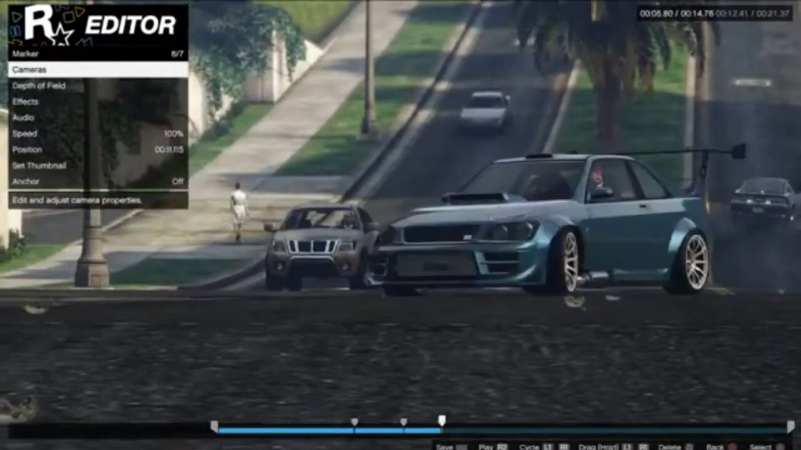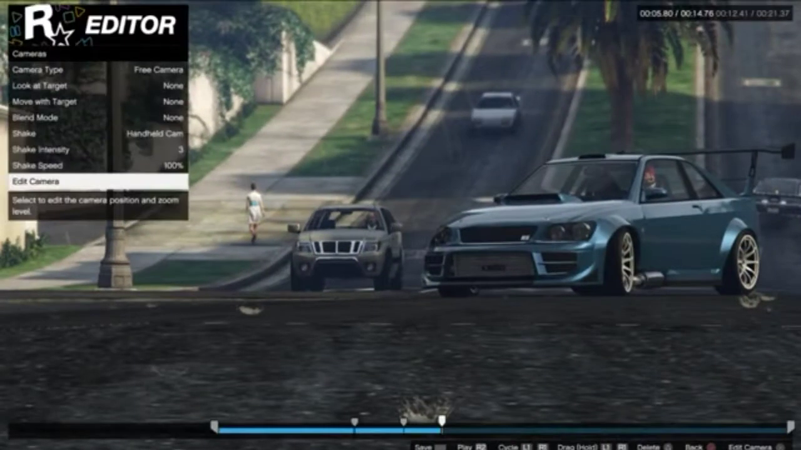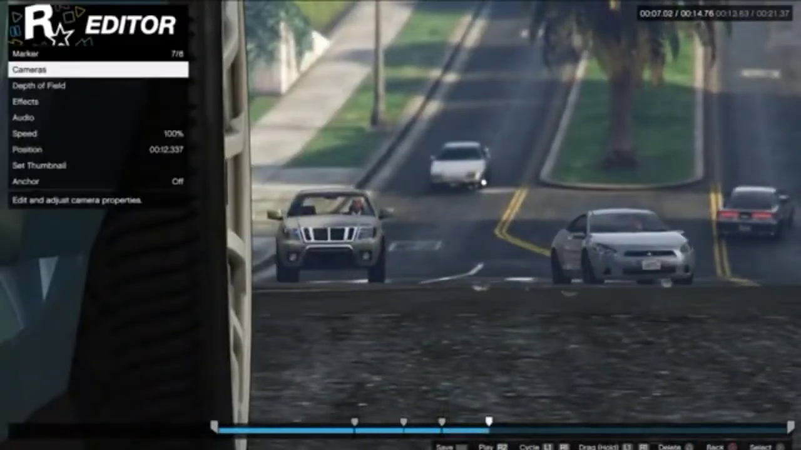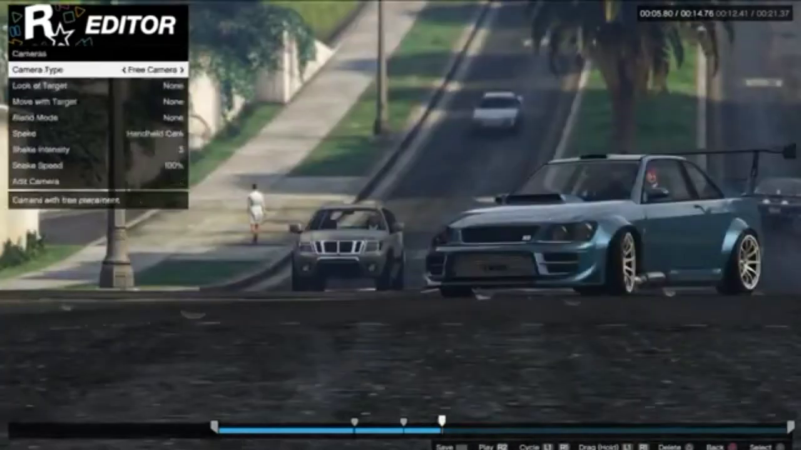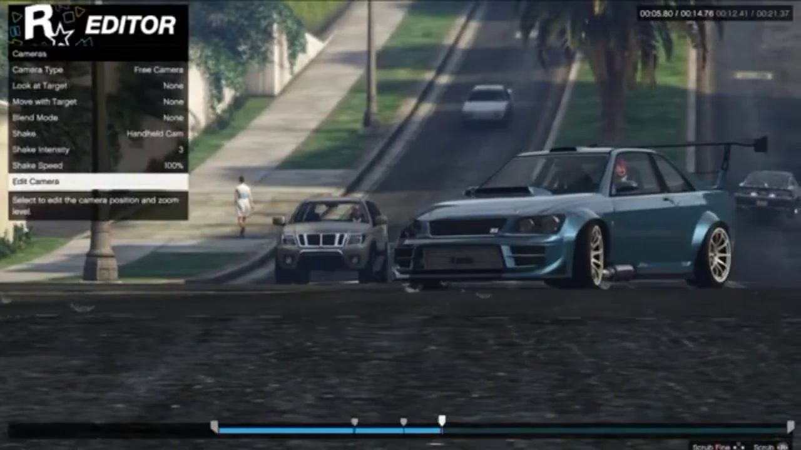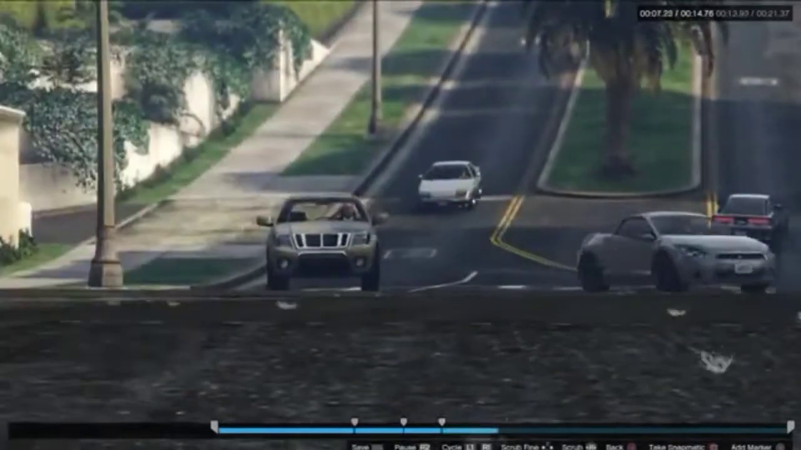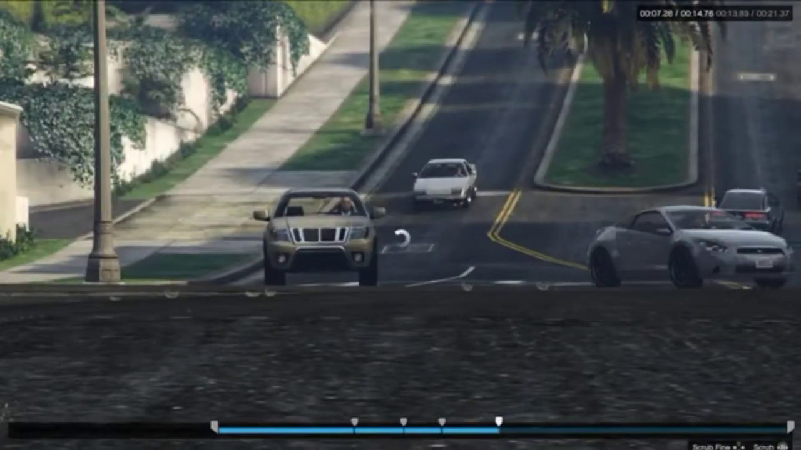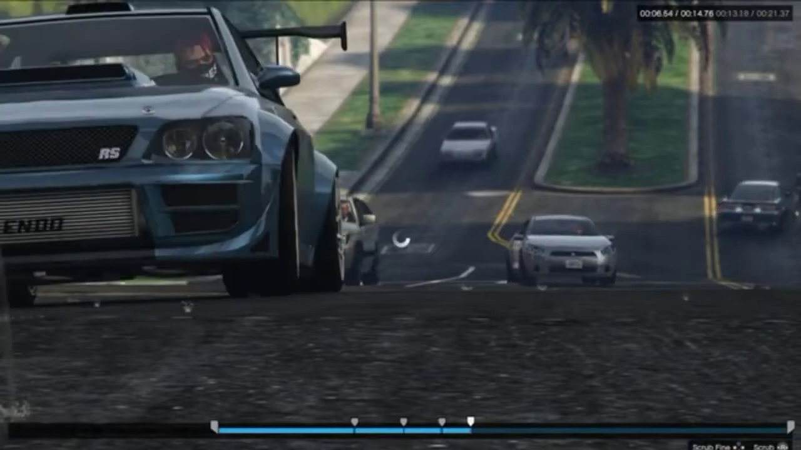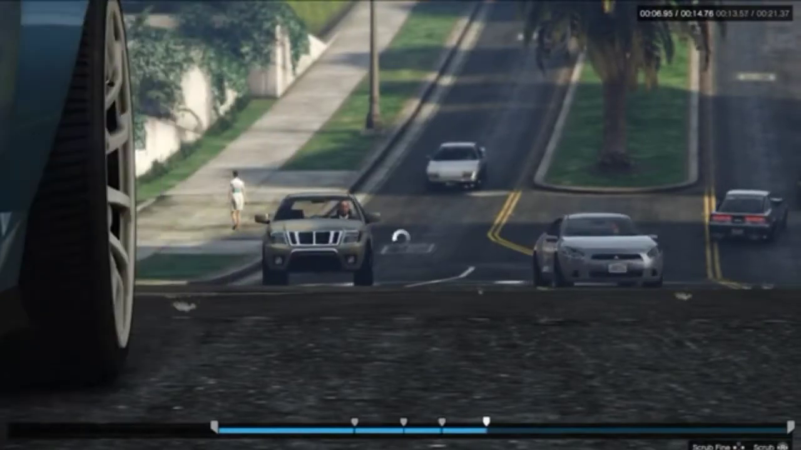Ah, we're getting close. Like I said, I am not the best at this. I am not like a top Rocket League, top GTA editor person. So what I'm gonna do with this one is that as soon as that front tire passes, just so the car doesn't leave shot,